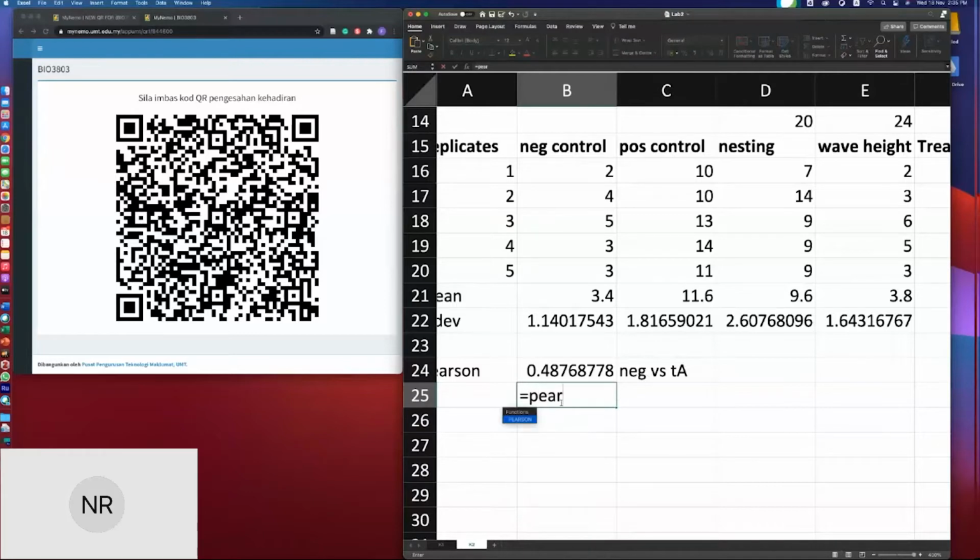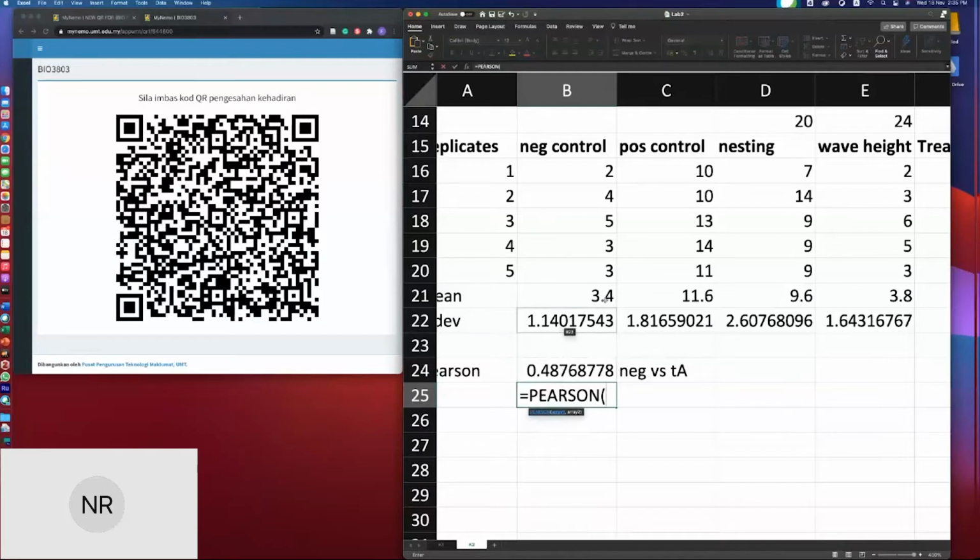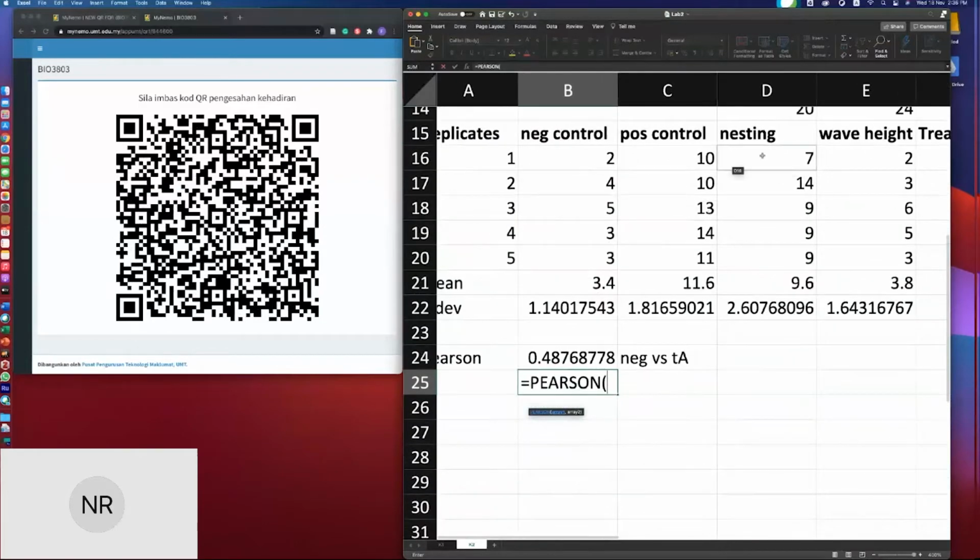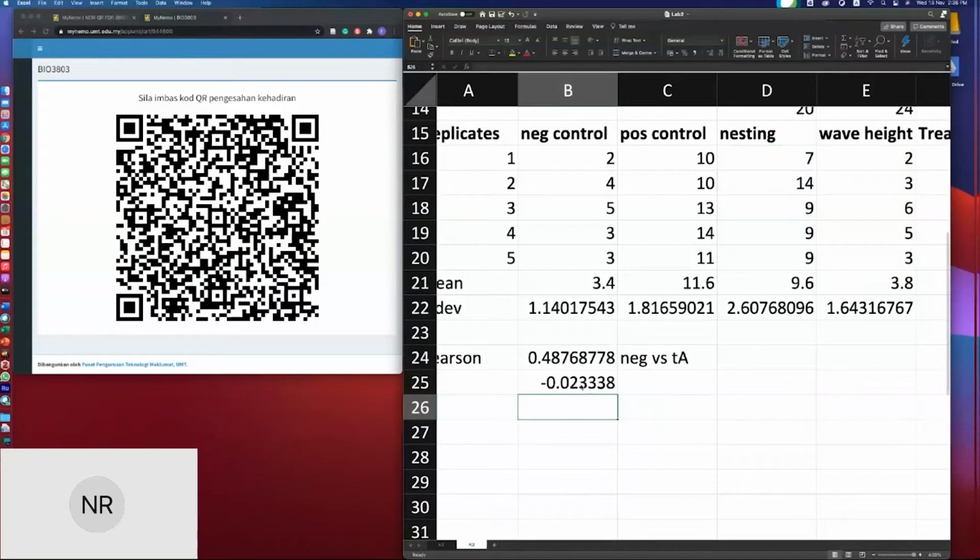Type Pearson, tekan tab for the shortcut so to autocomplete. Now I'm comparing nesting with the wave height. Okay, tak kisah mana dulu yang kamu pilih. Kamu nak letak wave height dulu ataupun nesting kemudian as your second array pun tak apa. Either one. In this instance, I have negative 0.02. In Pearson correlation,